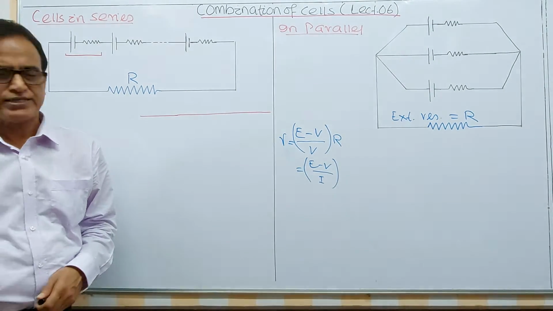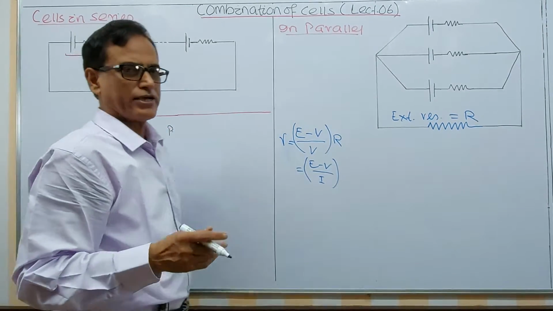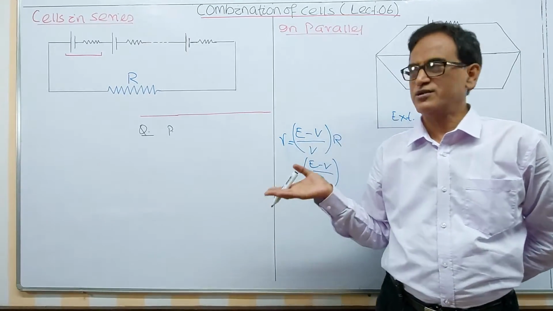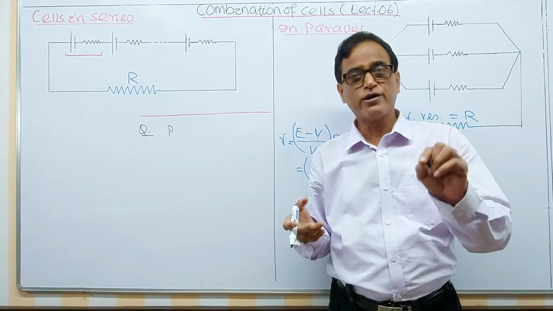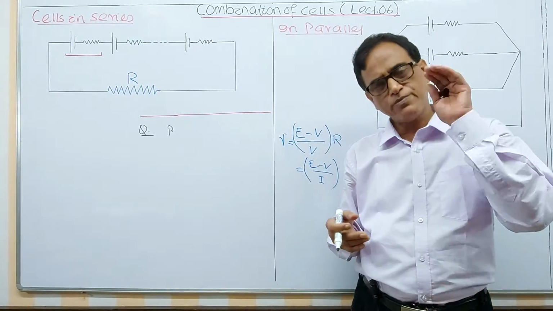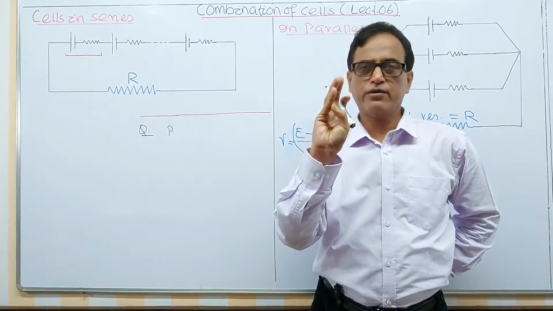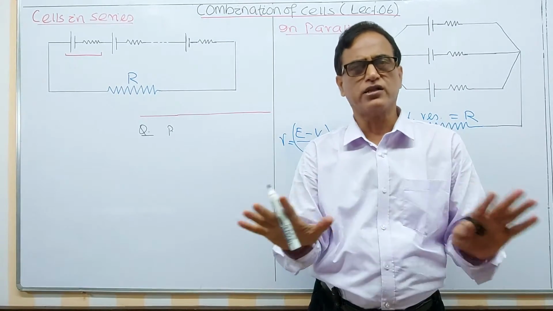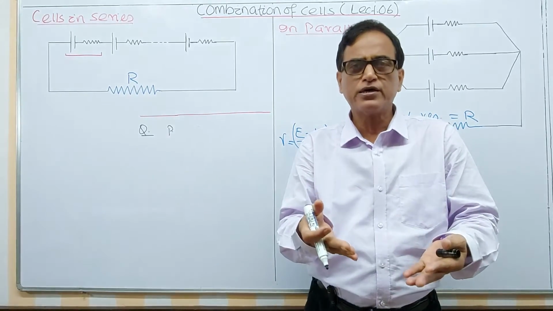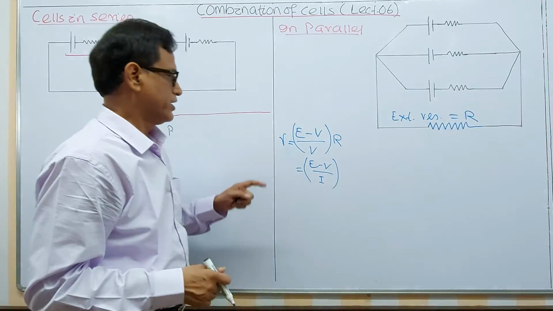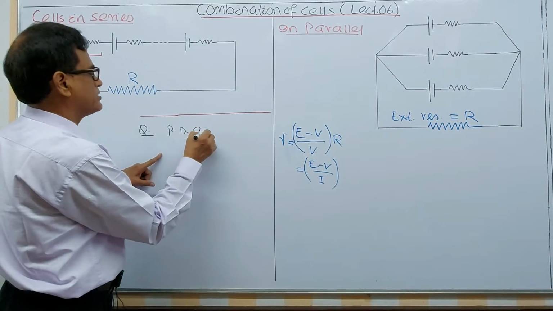The potential difference across a cell. The question is for you to solve. In cells in series and parallel, or in general internal resistance, you can have direct formula-based questions. That's why you should remember the formula, because in this chapter you are dealing with current, voltage and resistance, nothing else. Then only you can remember the formula by which you can put in the data to get the answer. So there is a problem which has been asked in a board exam.